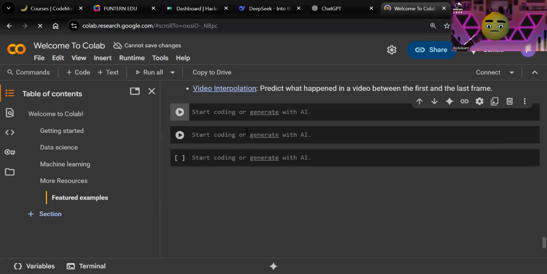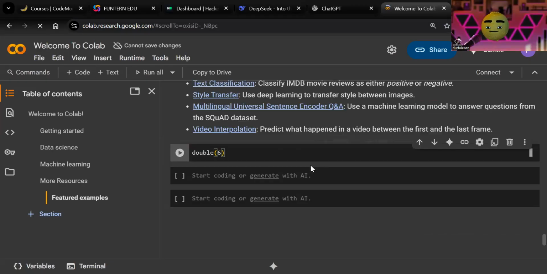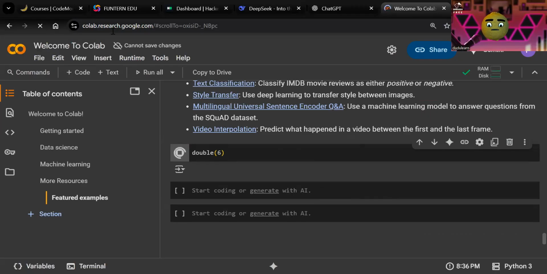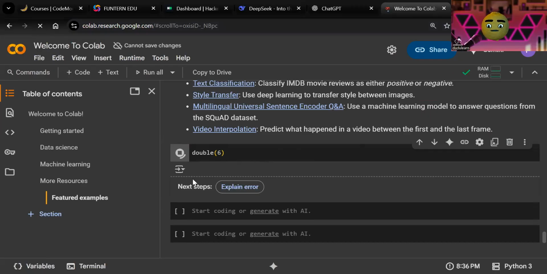Imagine I just call double 6, right? If you don't know, you can try to run it and then let's see if it runs into an error or not. So in the Colab, apparently there are some errors. Now, in terms of what the error is, you can see that